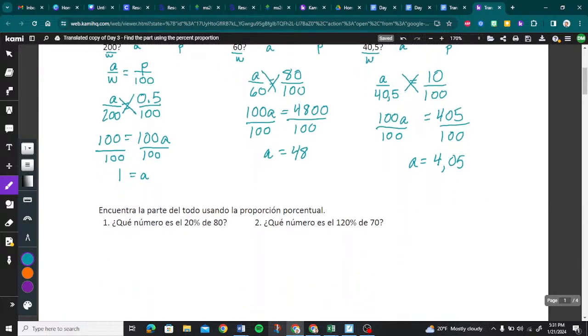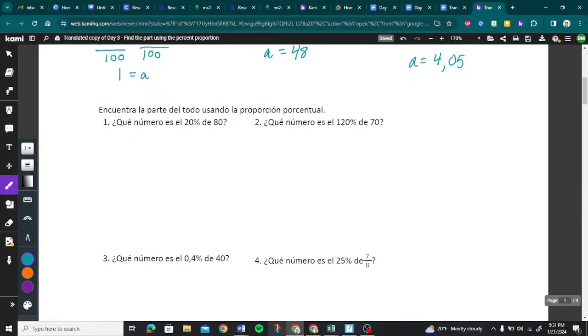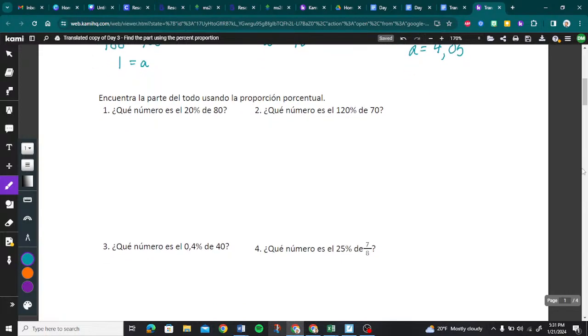So the rest of these problems are the same. I'm just going to work through them. And we're going to use la proporción porcentual to find la part del todo. So I'm probably butchering Spanish, but I'm trying. So yeah. Anyway, que número es la part,